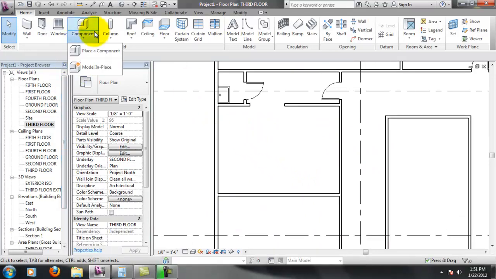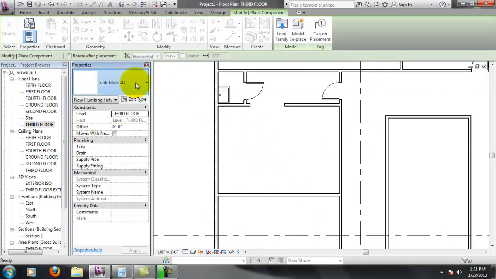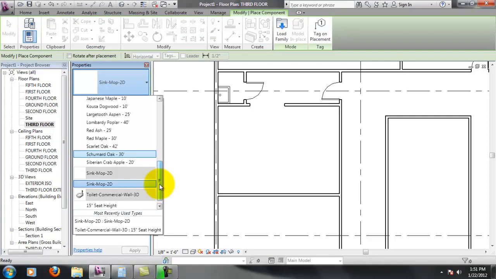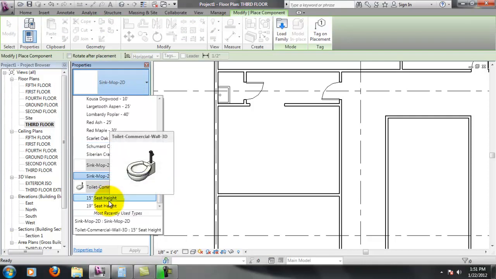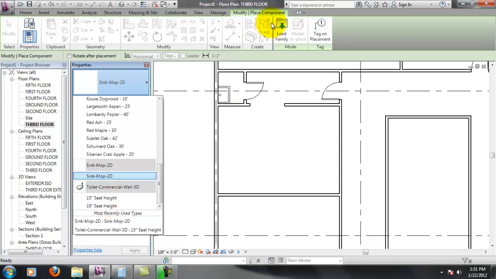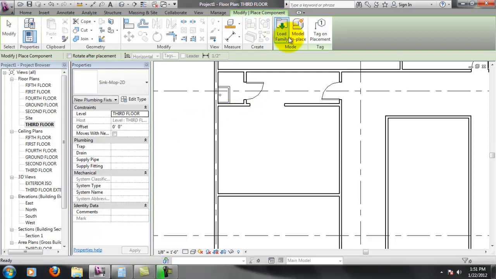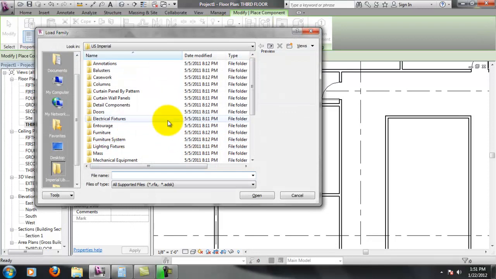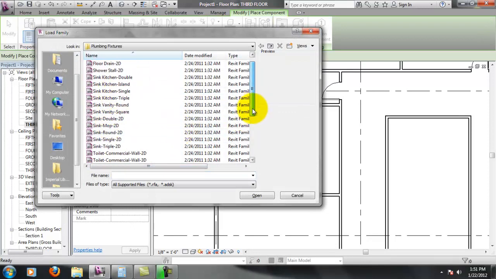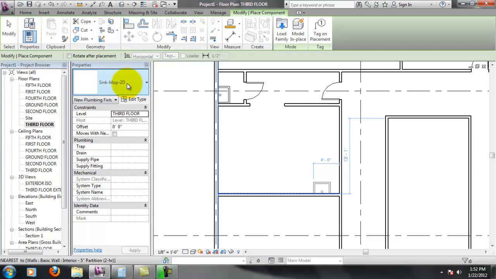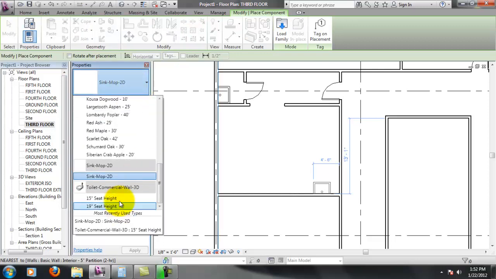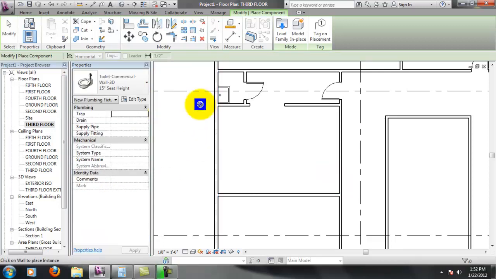So again, I'm going to go up to component. Now I probably already have a toilet loaded here. You might have to load one. Yeah, I have toilet loaded with a 15 and a 19-inch seat height. If you don't, you'll have to go up here to load family and go to plumbing fixtures, toilet, commercial, wall, 3D, and select that, and that'll load the family. I'm going to select a 15-inch for code,